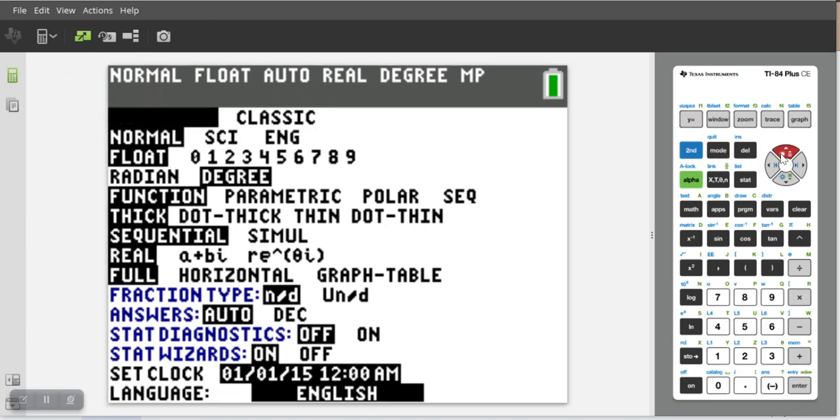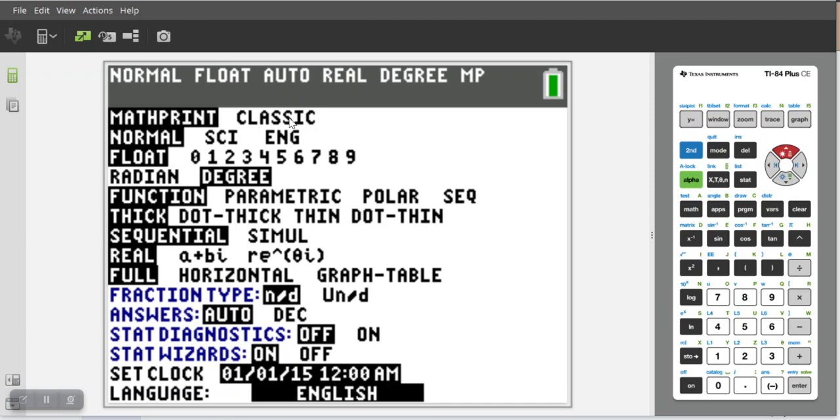At the very top, you see Math Print versus Classic. Now, most of the time, this isn't going to matter. Math Print will actually, for the most part, show up as standard mathematical notation on your calculator screen. If you switch this to Classic, typically you're going to get the old school notation for the TI-84 calculator. If you recognize those functions, great, but the Math Print will be probably closer to what you would recognize as